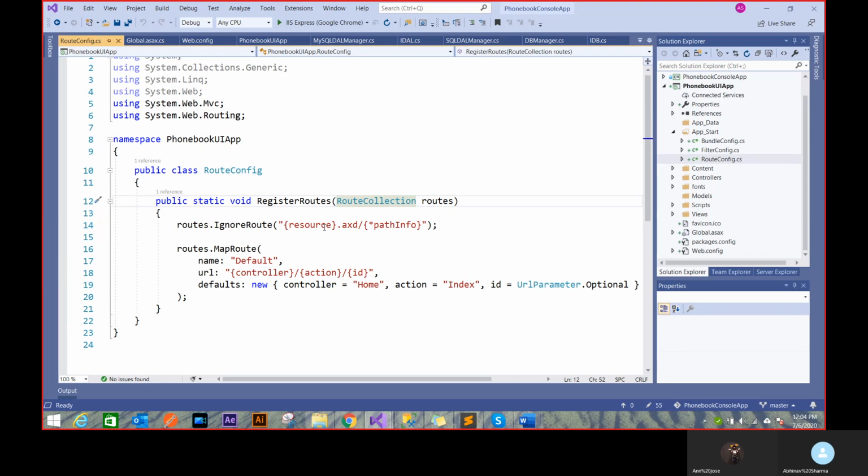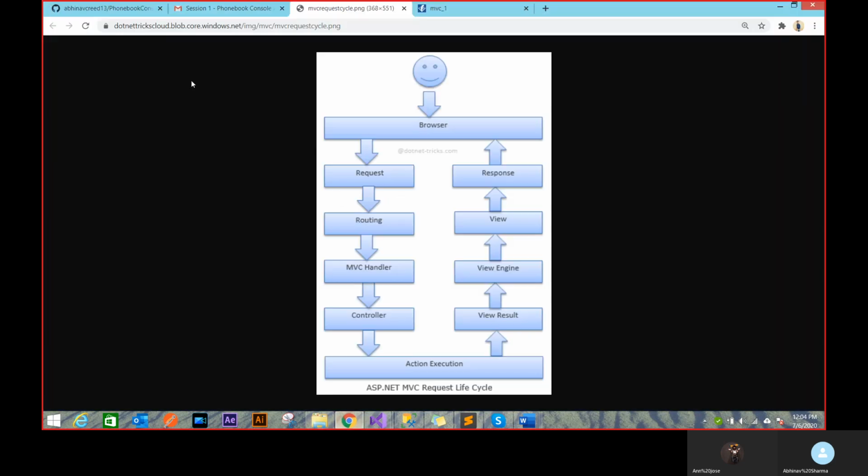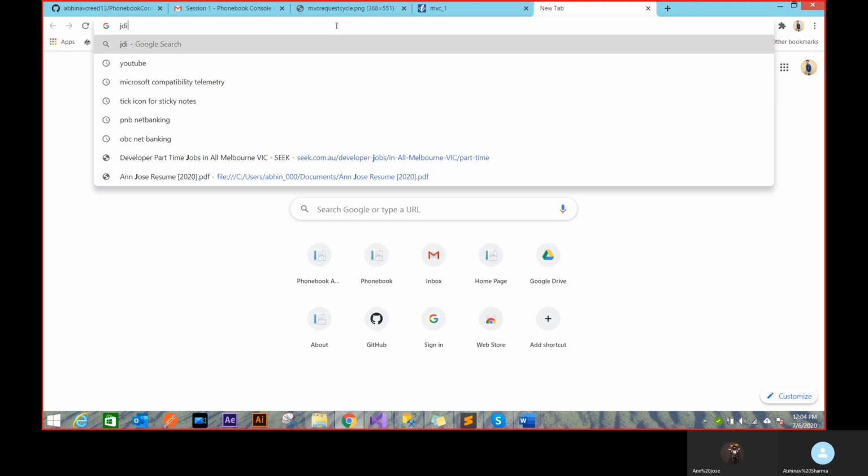Now in the ignore route, I'm just creating a first route so that every time somebody tries to access a resource of this extension or something, I'll just ignore that route. So that will never go to any kind of controller, and it's going to throw back a 404 or something saying this is not allowed. Those are ignore routes, and you can understand routing from looking at the Chrome part. This is where I create all the routes.